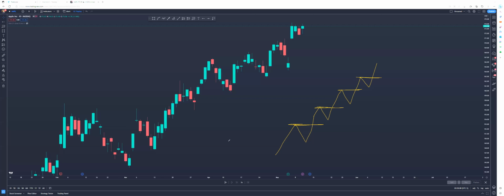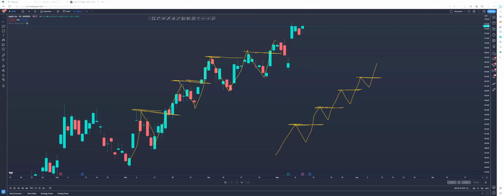So now when we're looking at the charts, all we're doing is looking for this. Push up, pull back, that's the high, break of structure. Push up, pull back, break a high, break a structure. Pull up, pull back, that's the high, break a structure. Pull back, pull up, break a high, break a structure.